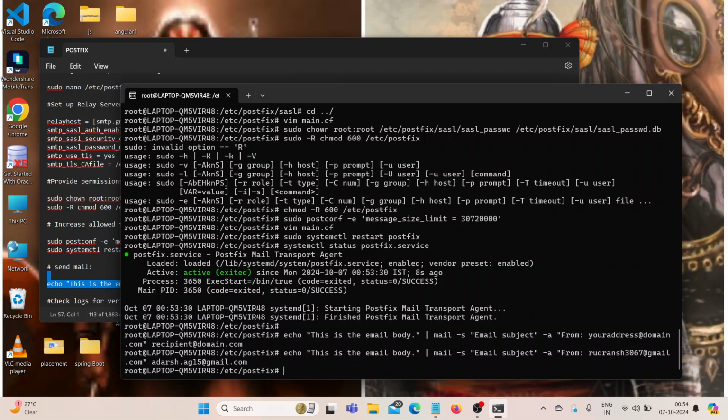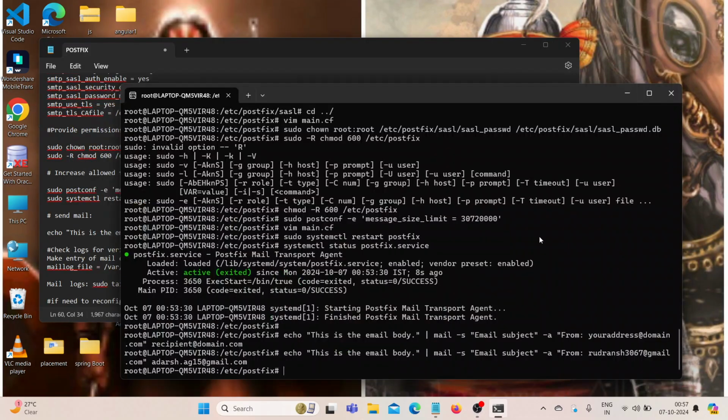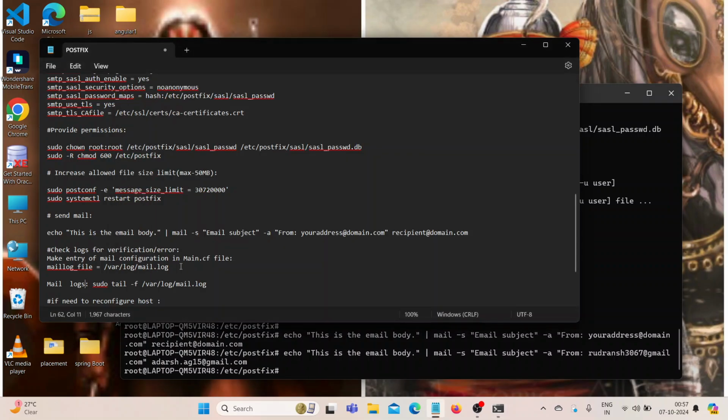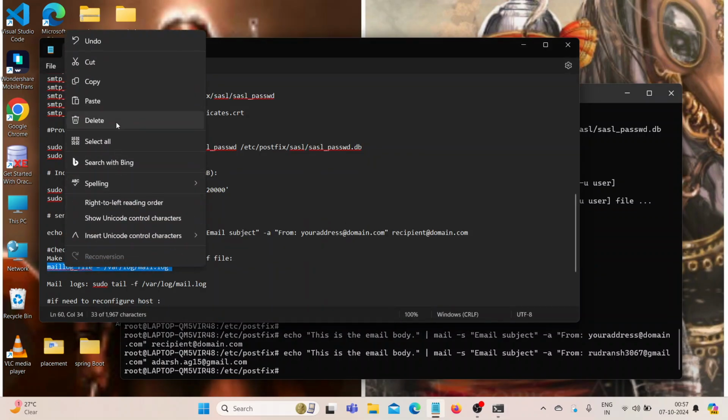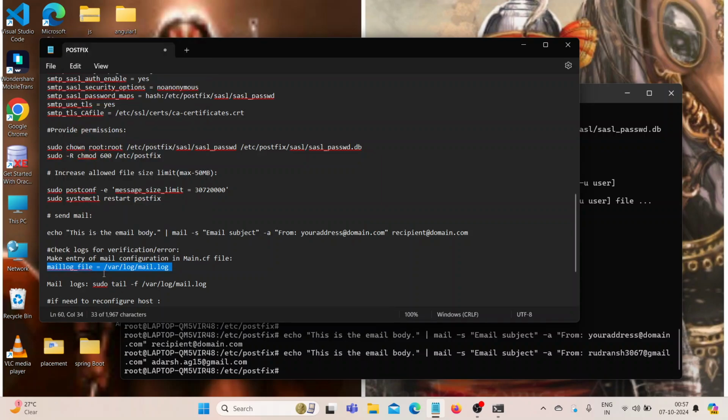Now, how do I know if this mail went through successfully? Good question, right? While we have configured this, how do we make sure that this mail was sent? For this, there's an additional step which we are supposed to do, which I missed, which is the mail log file. So you have to make this entry to check the logs if mail was sent correctly